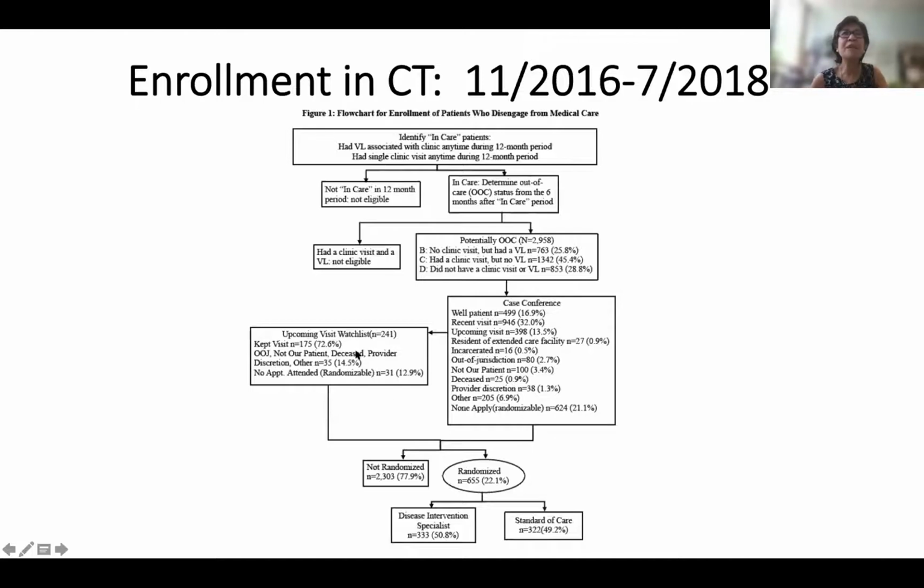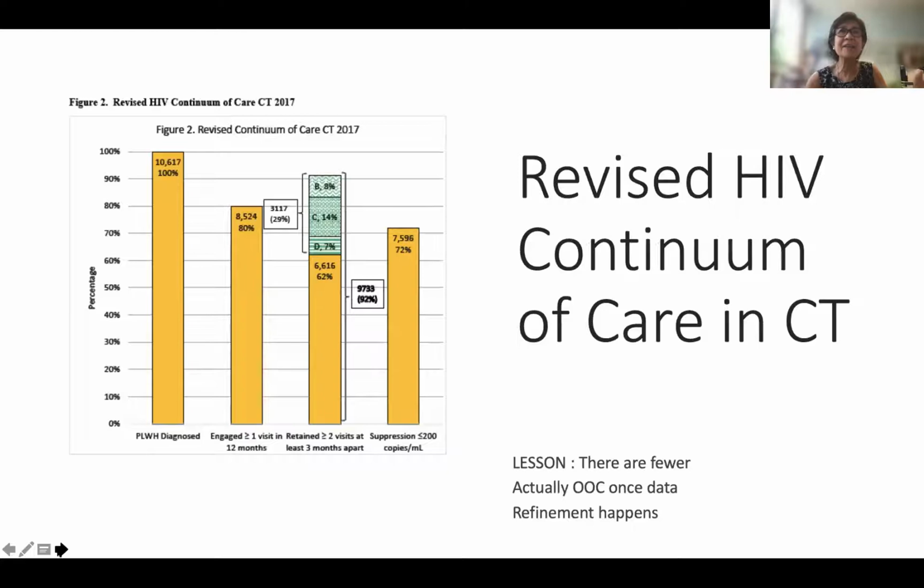Then people who were in this watch list, we added them for randomization. At the end of that time period, we were able to randomize 655 people who looked like they were out of care. So the first point is that a lot of people who the health department would think are not in care, when the clinic weighs in, there were actually only 22% who the clinics were actually worried about. So that actually cleans up the out of care list quite a bit. And of these 655, 333 were randomized to the DIS, the field epidemiologist, and 322 to the standard of care. And so what we found in this is that, again,